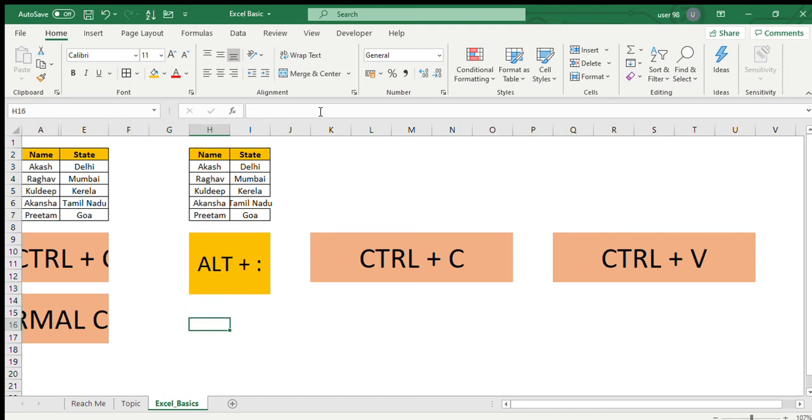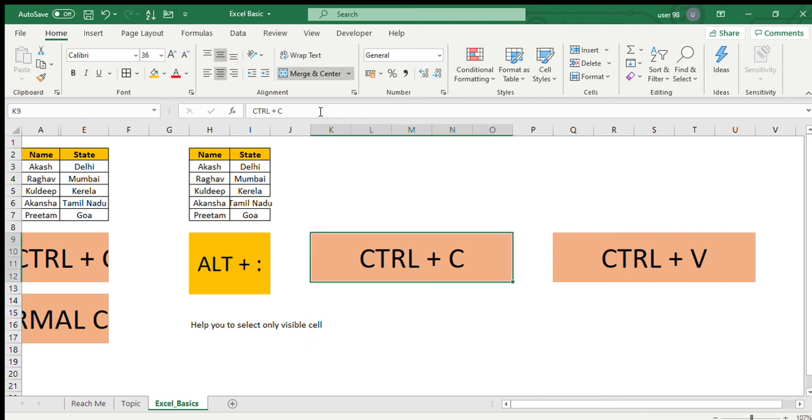Alt plus colon will help you to select only visible cells. Once you have selected the visible cells, Ctrl C will copy those cells and Ctrl V will help you to paste them. That's how you can copy without including hidden cells, and